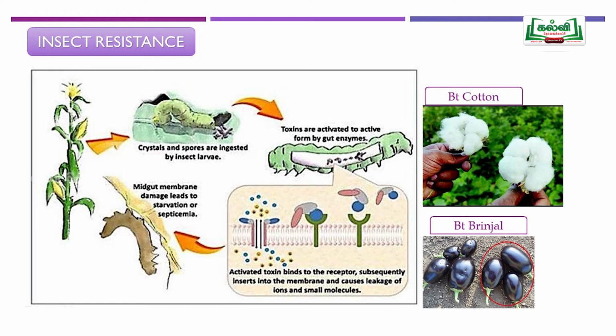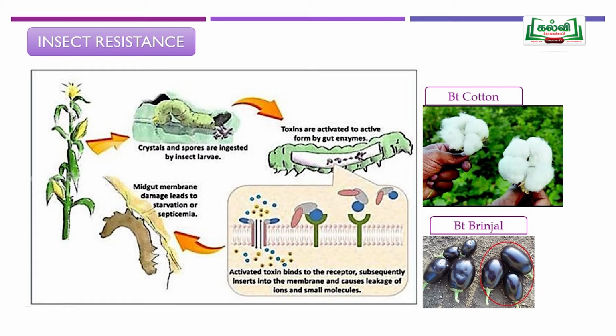Whenever an insect bites the plant, the Bt gene product that is produced in the plant, a protein called protoxin, comes into play. It is always in the inactive form. Whenever the protoxin enters the insect system, especially the gut region, which is always alkaline in nature, then in alkaline condition the protoxin becomes a toxin, and that toxic compound goes and binds with the membrane system of the